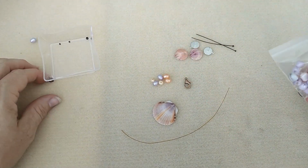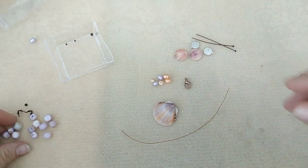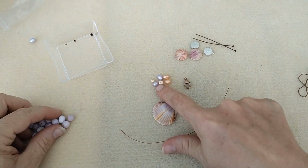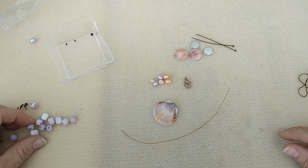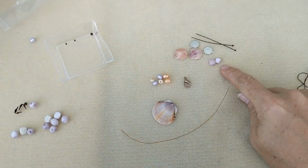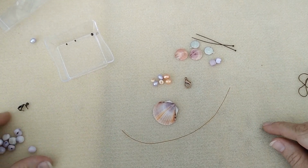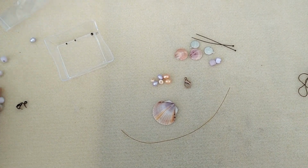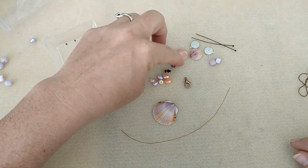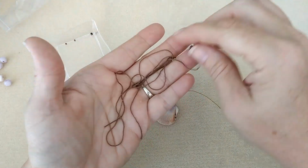And then on the ones up here, I'm probably going to add a couple more of the orange ones on. And I didn't have any more of these freshwater pearls. I wish I did, but I didn't. So I'm going to use these little seashell beads. Can't think of what they're called. Okay. And then I have my two clamshell covers that I'm going to connect this onto my beading